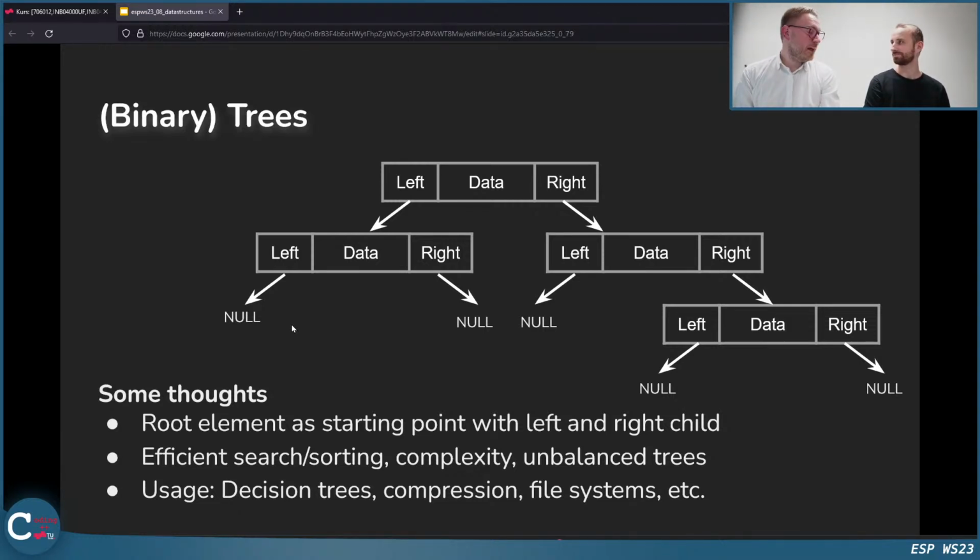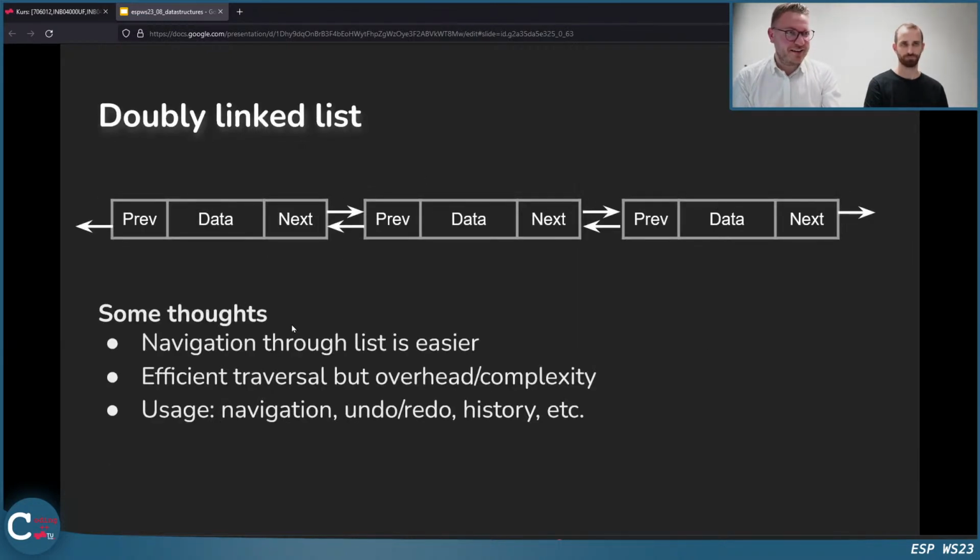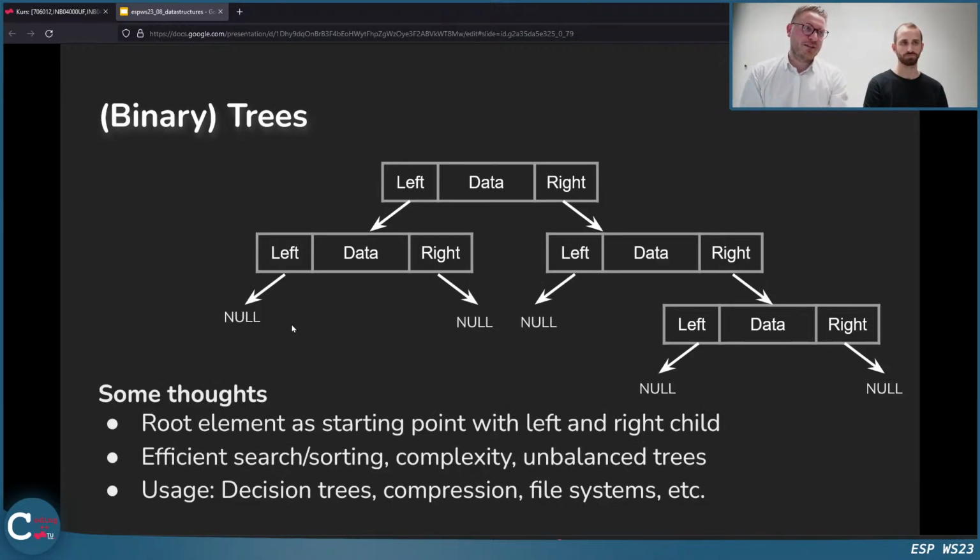In the recap, actually. Yeah, so we also talked about it last week when we had this mom and dad connection. So this was actually a tree already, like a family tree. When I took ESP, our example was a family tree, actually. Cool thing with the tree, it's very similar to the double linked list, because we have a previous, we have a next, and here we have a left, we have a right.